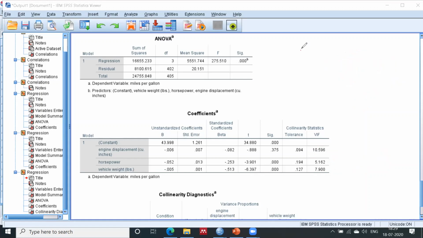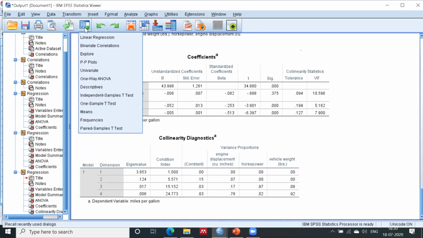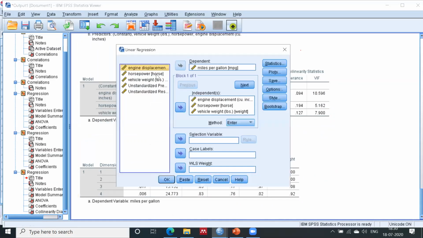First of all, remove only the variable which has the highest value. So I will remove the engine displacement first. Then we see the impact on the other variables, and you will find that the other variables become less than 5. Now just run the same formula.